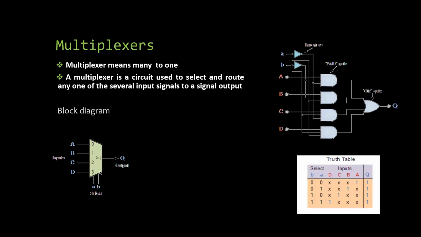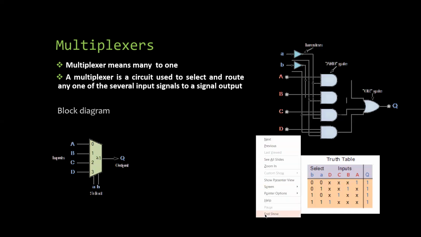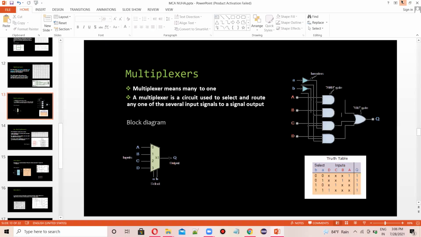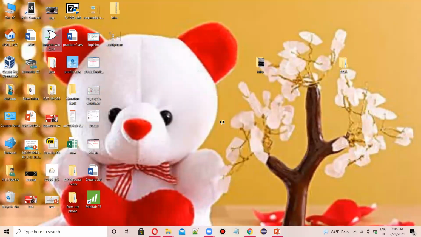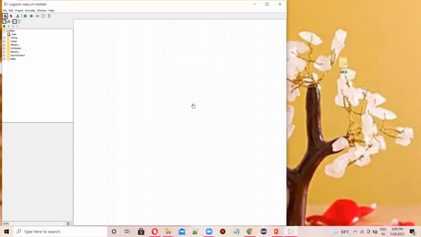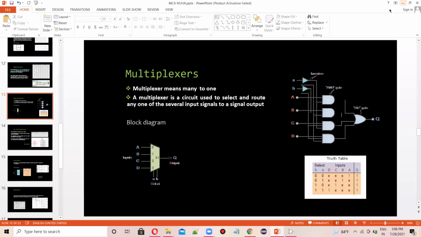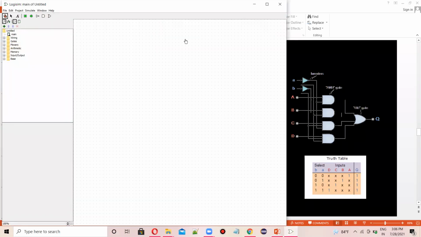And also here you can see the block diagram of this. Here also it is clearly notified that we are giving 4 inputs, namely A, B, C, and D, and we are receiving Q as an output, and there are 2 selectors, A and B. Without further delay, I would like to demonstrate this by using our Logisim software. Let me select the Logisim software now. Now I'll take the presentation also near that, so that it will be easy for us to make the circuit without any mistakes.